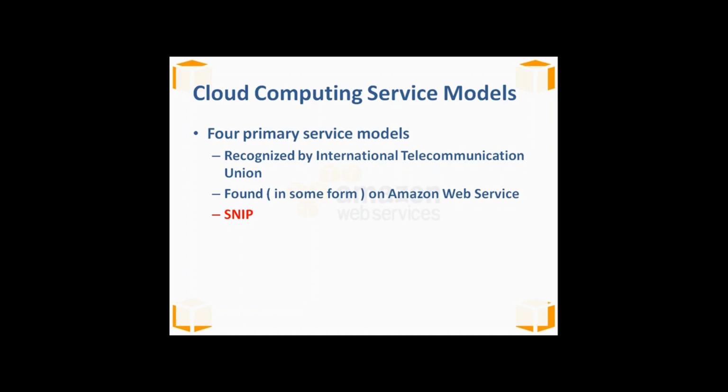I give a small word, SNP, to remember these four primary service models. The S indicates software as a service, the N indicates network as a service, I indicates infrastructure as a service, whereas P indicates platform as a service. Now, we're going to talk about each service in overview. So let's go ahead and talk about these service models.